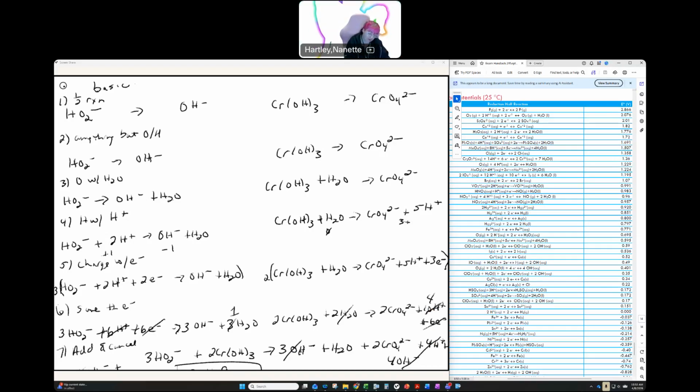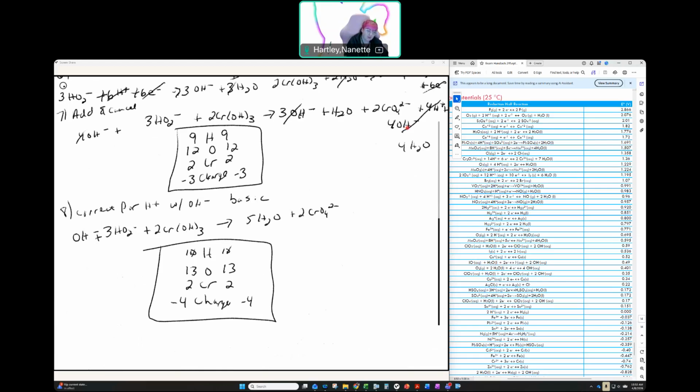So if I slide this up, what you'll see is I added 4 OH minus right here, and I added 4 OH minus right here. Okay? These two come together to make 4 H2O, and then I'm left with the 4 OH minus over here. So looking at all of this, one other thing I can cancel. I have 4 OH minus on this side and 3 over here, so I only have 1 that's left over, and that's right there. So that brings me down to OH minus plus 3HO2 minus plus 2CrOH3 goes to 5H2O plus